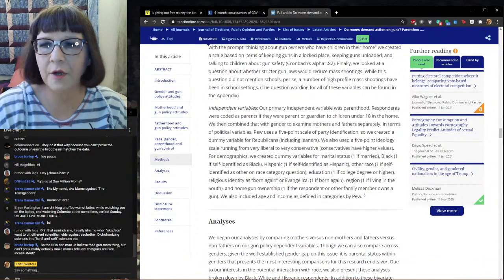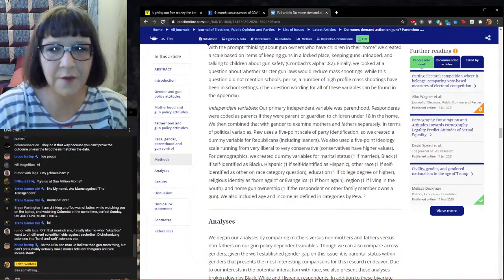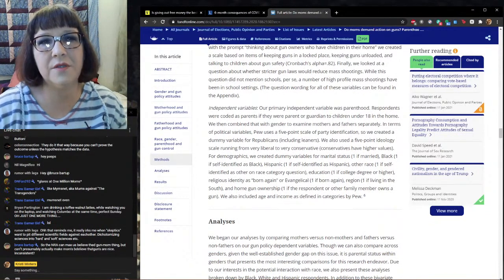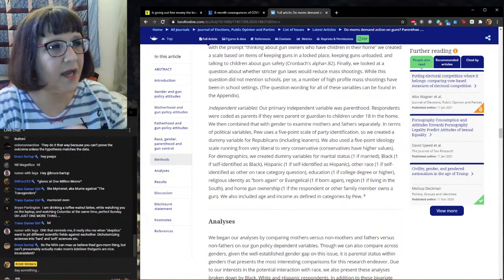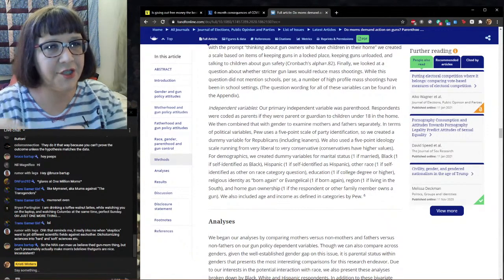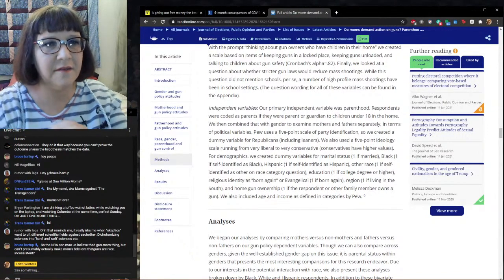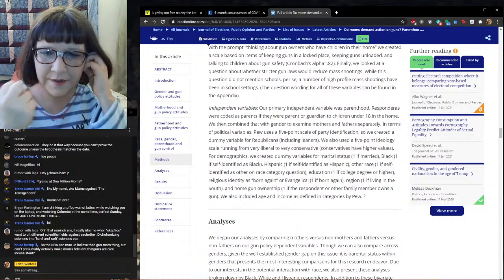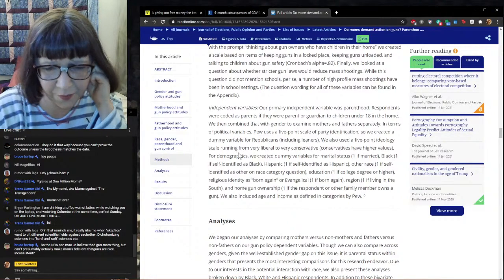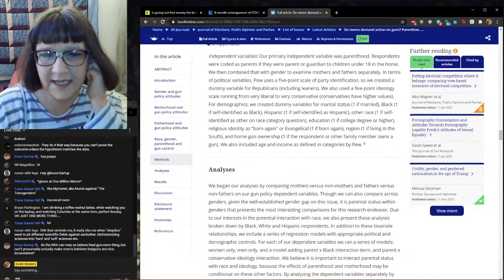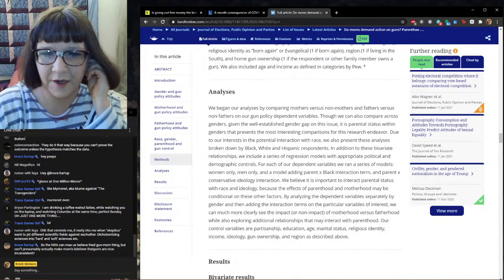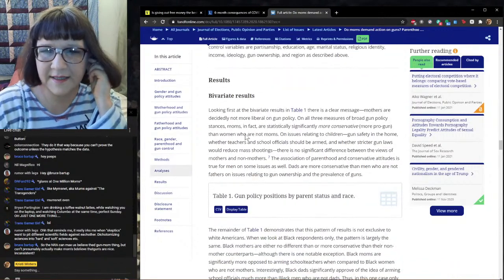But then there are a lot of other demographic variables that they also created because they didn't want to leave out something that was driving change and then have that change be distributed to the variables that were left in the model. So that's good scientific practice. And then finally, well, not finally, they present their analyses. They discuss their results here.